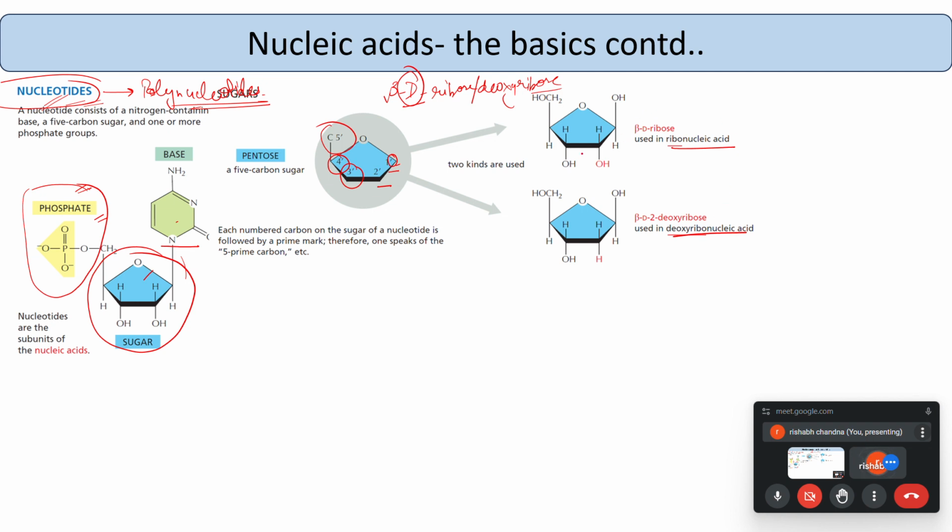In case of ribose, at the 2 prime carbon, the OH is present, while in the DNA, the 2 deoxyribose, the 2 prime OH is not present, and here it is replaced by an H. So why did this happen? This leads to the